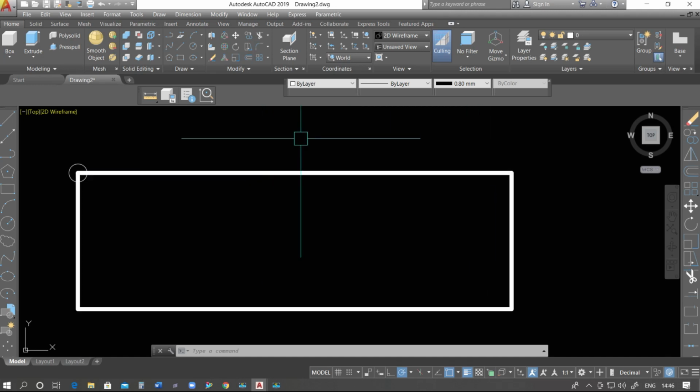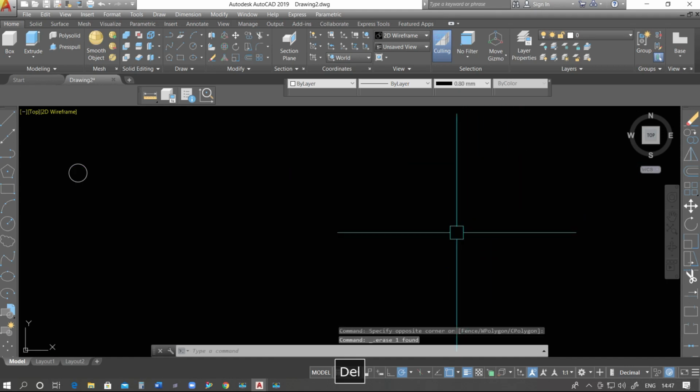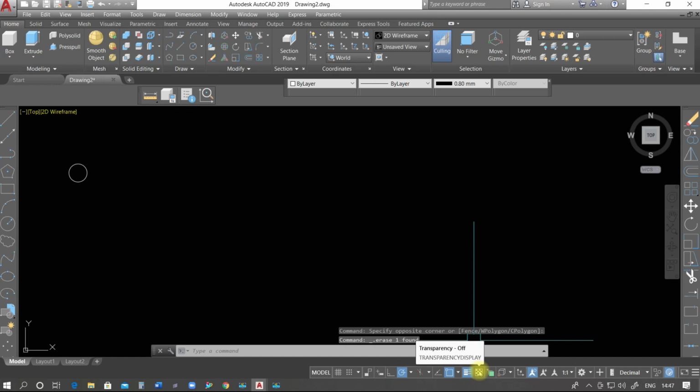In the next video we will discuss the properties toolbar and many other toolbars. Guys, many times I am saying that you must see all the videos continuously to learn AutoCAD software in a very proper way. Okay, the next option in the function keys is transparency. Transparency is not possible at this time because it needs a 3D drawing. When we draw a 3D drawing, at that time we will discuss this one.